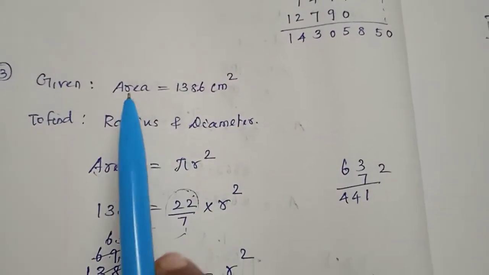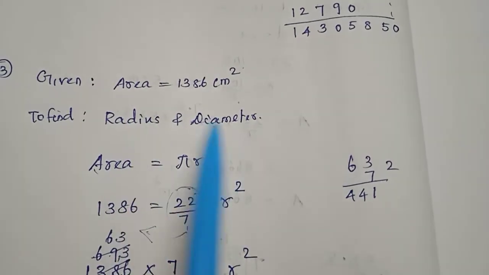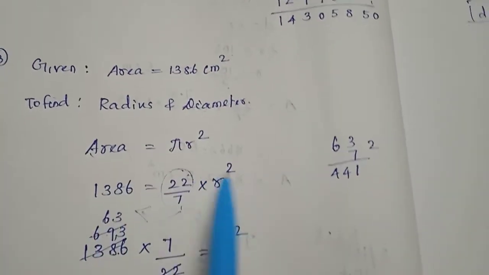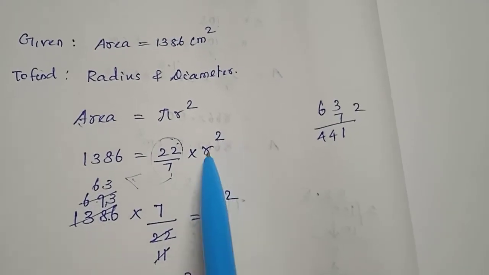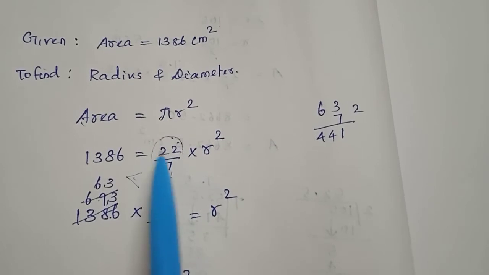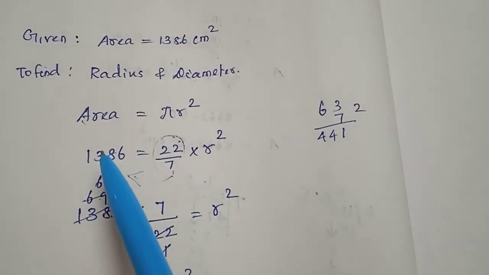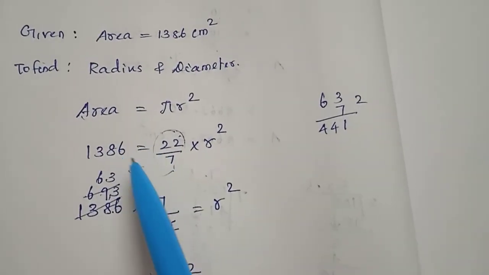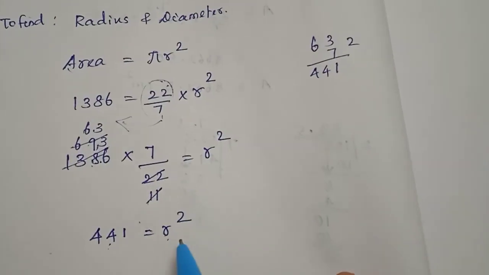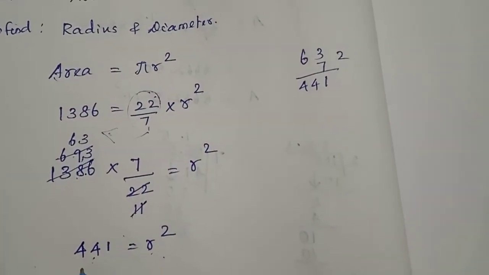Just we'll have the recap. They have given the area. We have to find radius and diameter. So area, it is 1386 equal to pi r square. To find r square, we'll bring this to the left side. It is given as a fraction. Whenever it comes to the other side, we have to write it as its reciprocal. We should multiply by its reciprocal. If you simplify, then we'll get r square equal to 441.